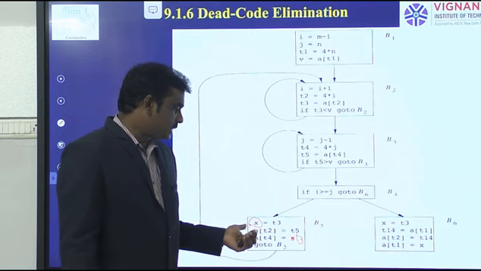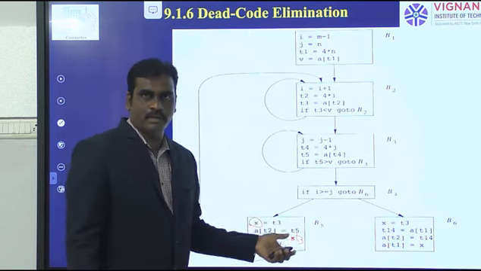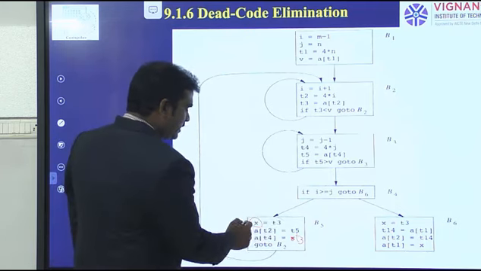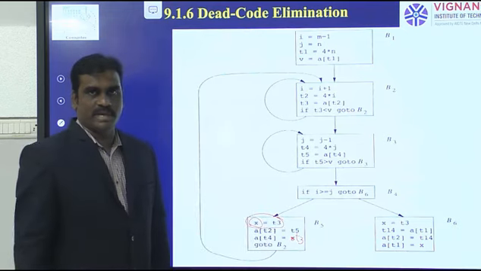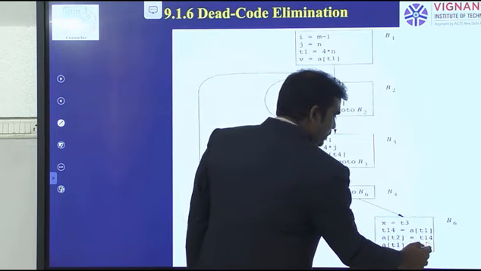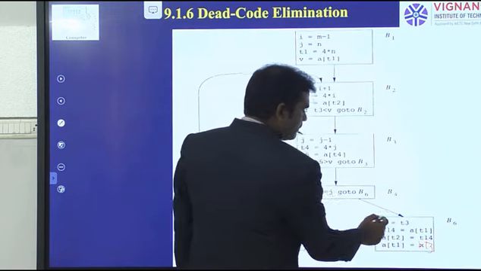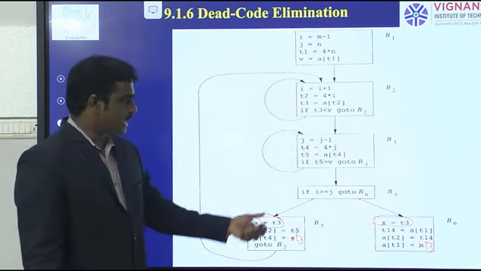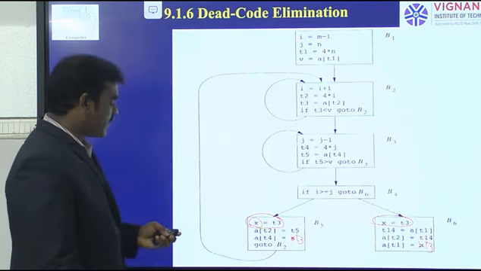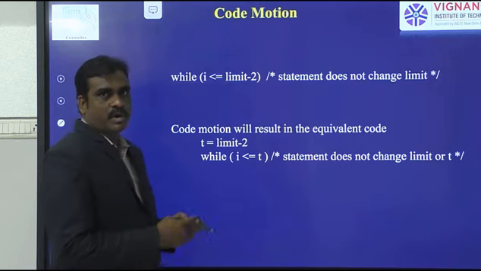Suppose you remove the statement X equal to T3, there is no change in block B5. So you can simply remove the statement X equal to T3. So this is about dead code elimination. Same way here also. If you apply copy propagation, this is the result and there is no purpose for this statement. Simply you can remove the statement X equal to T3. So this is about dead code elimination. And the first part is over.